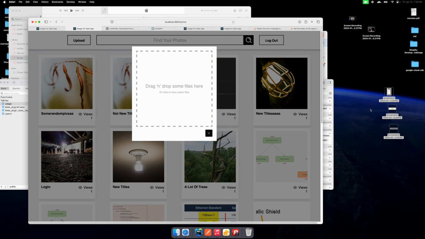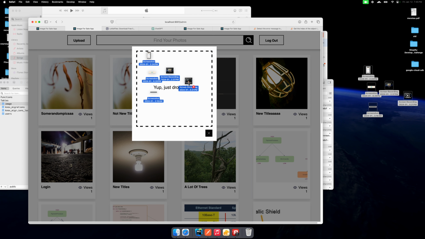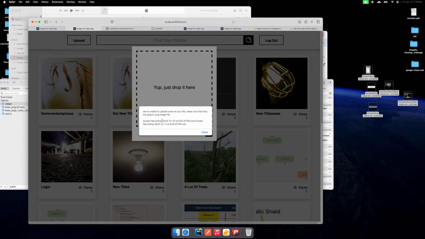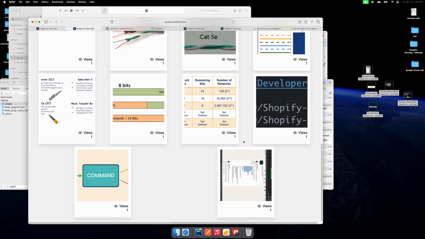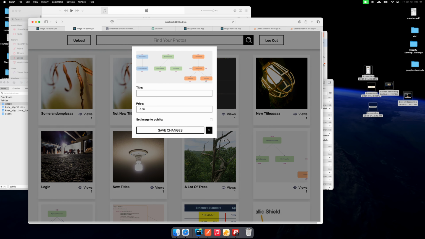Check this out. I put in some error handling to detect whenever the user uploads a file that's not supported, and it will tell you screen recording is not supported. The only supported file types are JPEG and PNG. I can close, and I can just upload that new file, and it's updating the app in real time. So like right here,